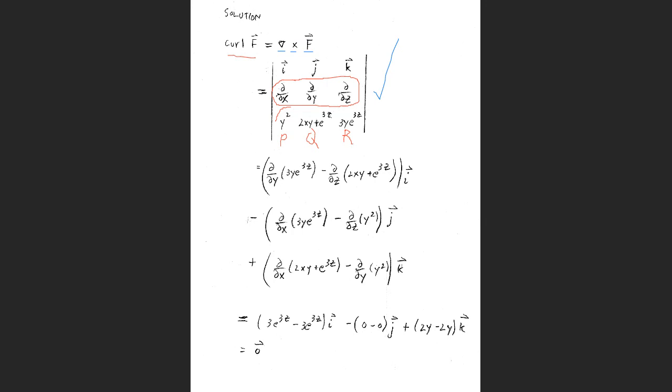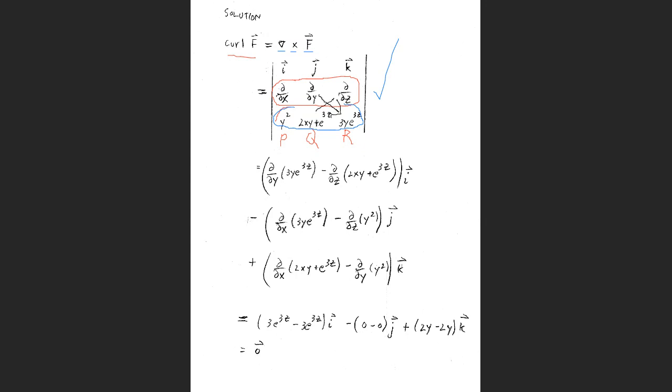Then all we do is compute the determinant of a 3 by 3. For instance, if we block out the first column and the first row, then to get the determinant,